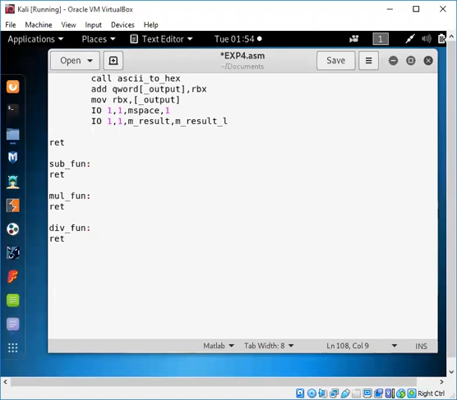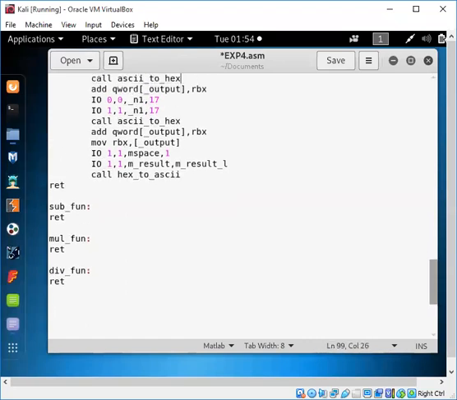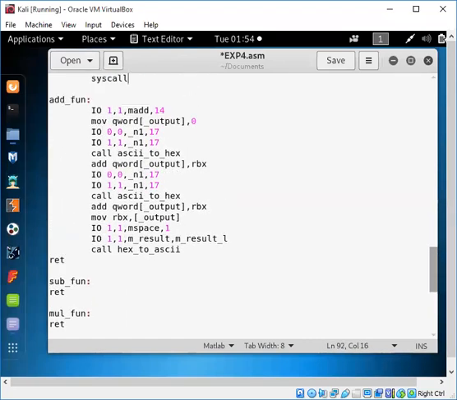Display that. Now while displaying the output, again we need this conversion, because in the output also, the number which has been converted, if it is greater than 9, then we need to convert it into ASCII format. So this is the first operation, that is addition. We are going to take the input with one number, copy that into another register, and to that register we'll perform just an add.